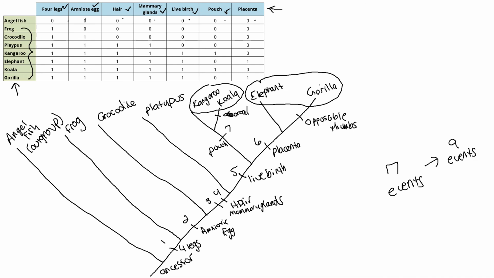All right, so we have characters. So this adds a couple events, right? So we've got 9 events. We changed that a little bit. So that adds some events there, but then that allows us to distinguish between the 2 sister groups. All right, so that's really how you